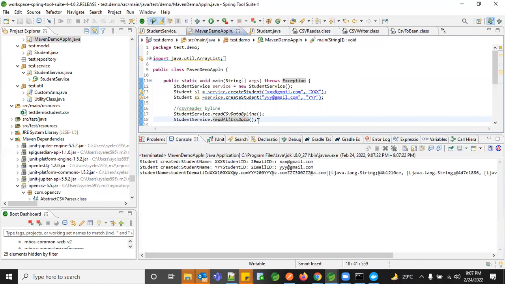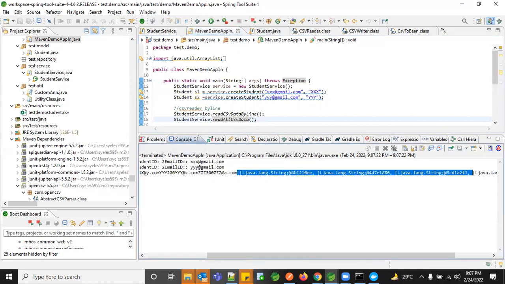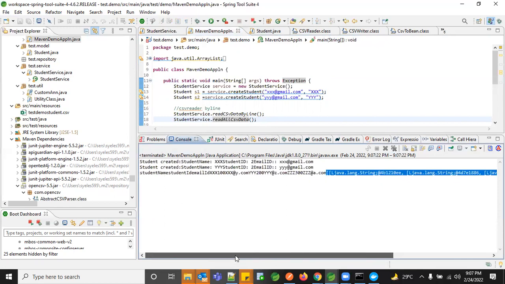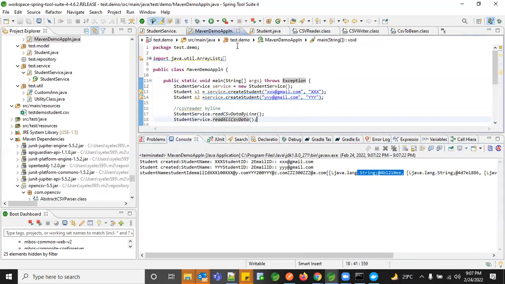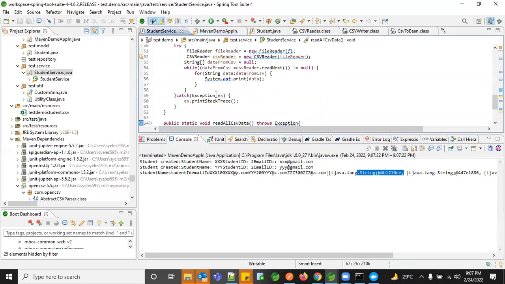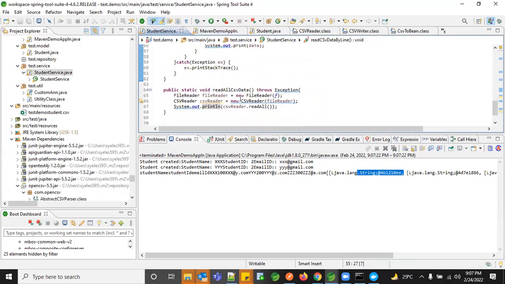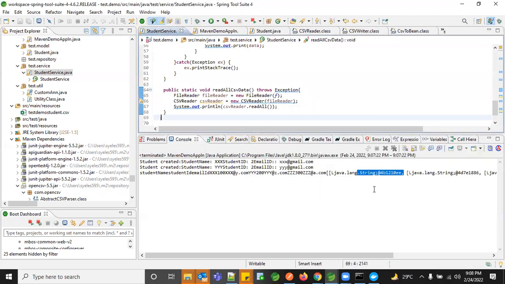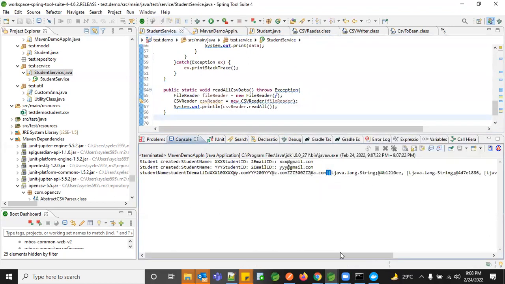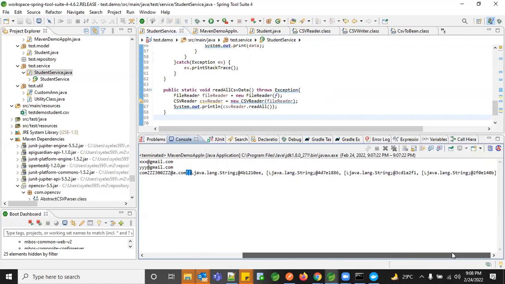If you wanted to have each object from that, unless you use it in your Java code, there is no problem. But if you're trying to print something, then it would be displayed in the form of a list. If you want, you can use your toString method and override it. But if you read line by line, the entire thing has been converted to the relevant object type because it's a string. Whereas in this case, you're printing the entire data as a list of string arrays. That is the reason you have two open array brackets to represent that list of arrays.